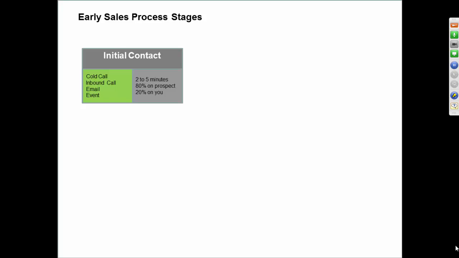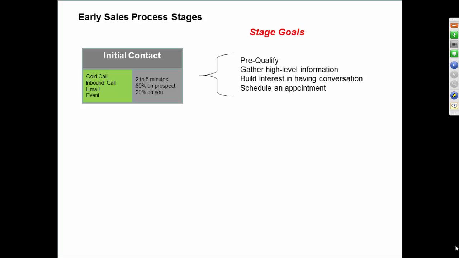So this is where we start to explain what consultative selling looks like. So you meet someone at a networking event. This is not you talking about who you work for and the product you sell. It's about asking that other person questions, learning more about them. So the goals of this initial contact are to pre-qualify. So that's where I mentioned having good questions. You're asking them questions to learn more about them, to gather some information.